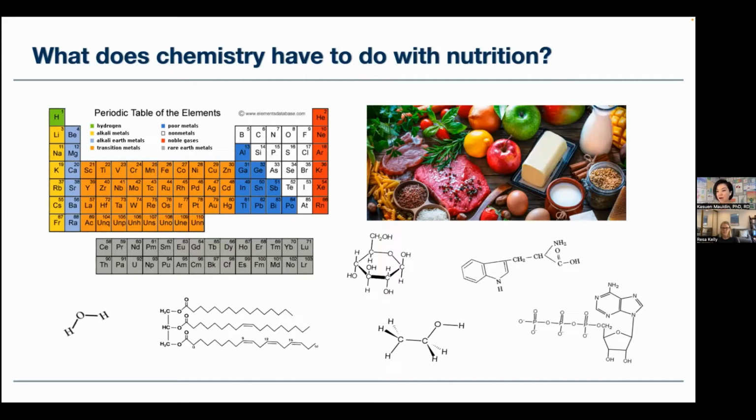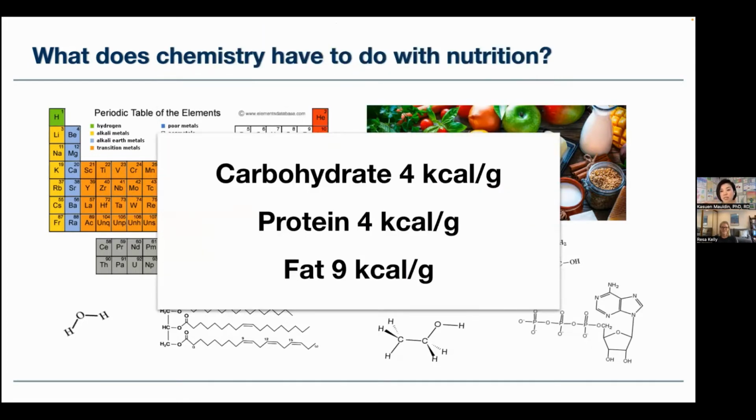Shown here on this slide are some of the macronutrients that we consume, that we eat. So the macronutrients such as water, carbohydrates, fat, protein, and even the micronutrients, the vitamins and minerals, all of these that we consume in our food are made up of chemicals, and they're chemical compounds. And these nutrients or chemical compounds are used to make energy in our bodies via biochemical pathways, right? And the amount of energy that we get from these macronutrients, so carbohydrates, protein, and fat, the energy yielding macronutrients,